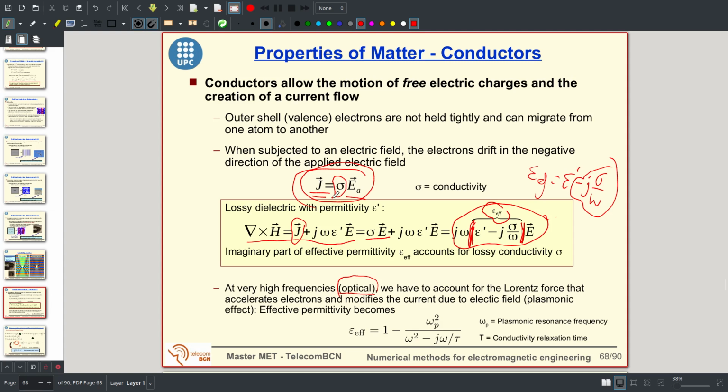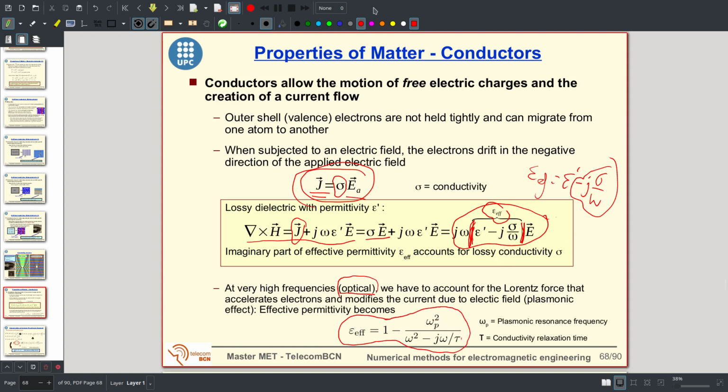But the electrons have inertia, they have a mass, and we have to account for Newton's law, force equal mass times acceleration, and compute the acceleration of electrons and take into account the acceleration of electrons in the equation for the current. And when we account for this, we get a different effective epsilon. It is also complex, but it is completely different. It depends on a resonant frequency and a